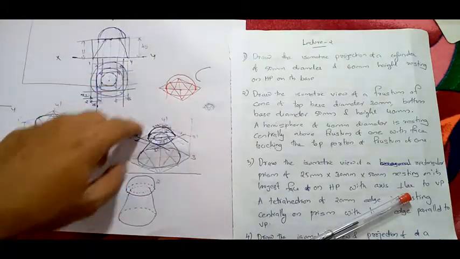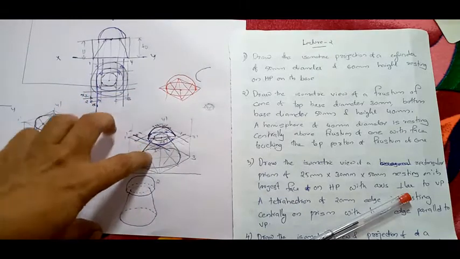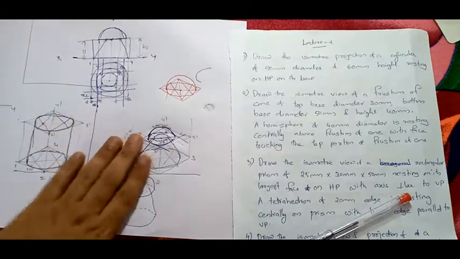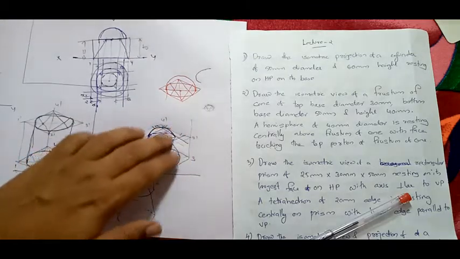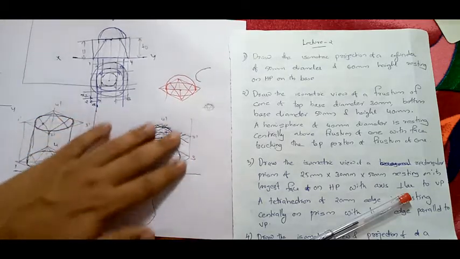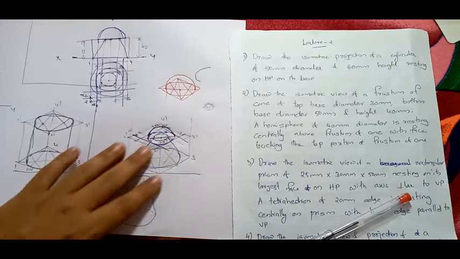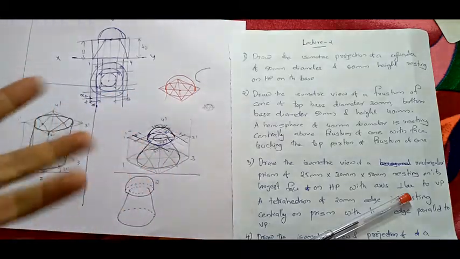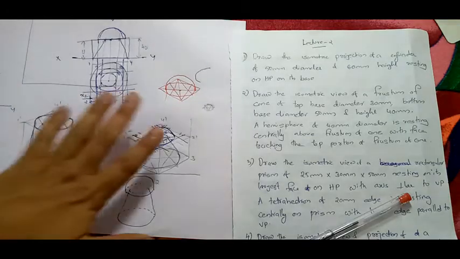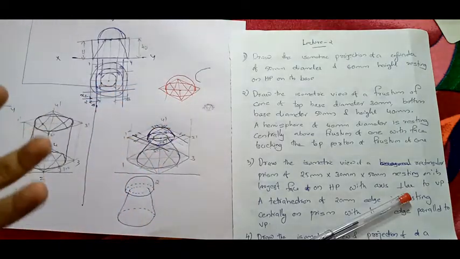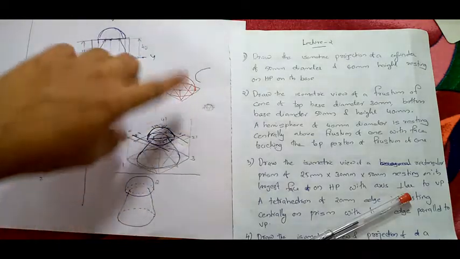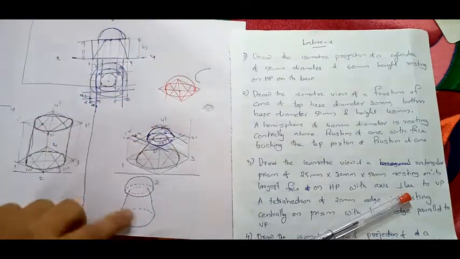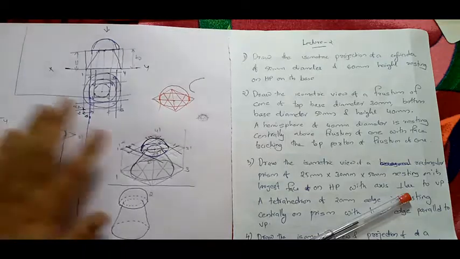Here I have included this figure so that after drawing it you will understand how to draw parallel lines and perpendicular lines. See, many lines will be drawn on the surface. After completing this figure, if you have any doubts or need any clarification about the isometric view, how it will come, all that will be clarified after drawing this figure. See, this figure is very important. Try to draw it. So the second question is over.